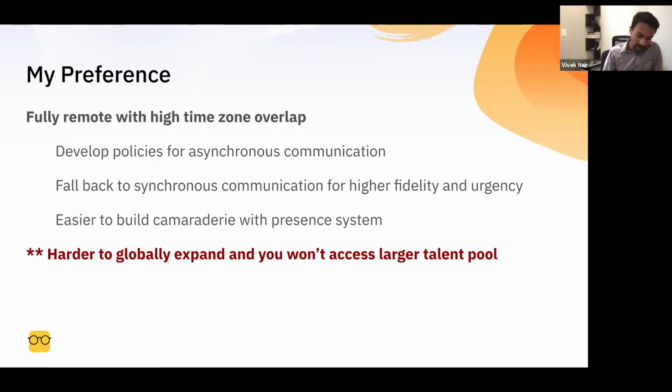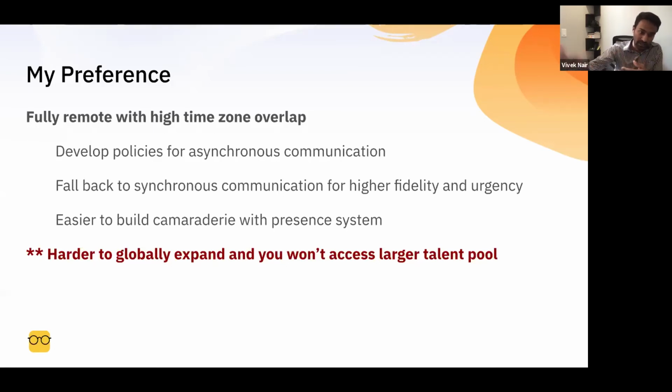And third, but very important, is that it's easier to build camaraderie with synchronous systems. It's easier to build banter and develop genuine bonds with your coworkers if you're able to synchronously communicate with them. And the caveat with all of this is that it's harder to globally expand. Once you develop policies and procedures that are designed around a high time zone overlap that might have a high degree of synchronous, and then you introduce somebody who's outside of that time zone, it'll be very tough for them to acclimate into that structure.